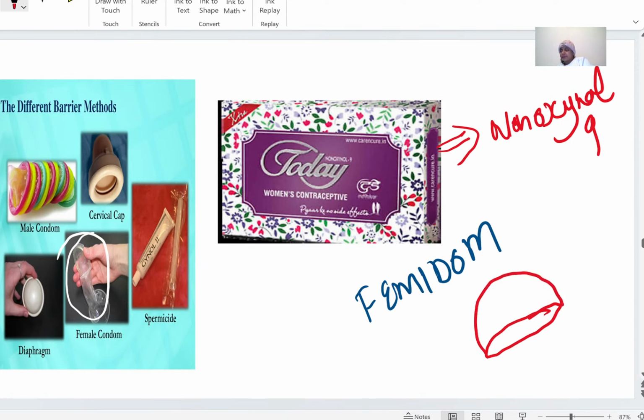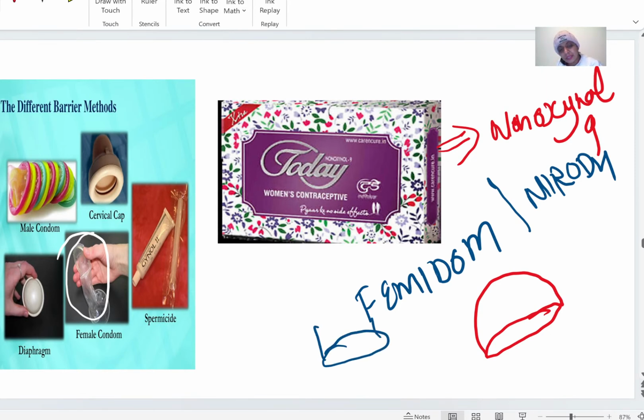What is this which I have drawn? This is diaphragm, sponge or cervical cap. गवर्नमेंट सप्लाई में क्या मिलता है फ्री? मेल कॉन्डम को क्या बोलते हैं? निरोध, निरोध, ठीक है। दिस इज डायफ्राम। सर्वाइकल कैप कैसा होता है? ऐसा,